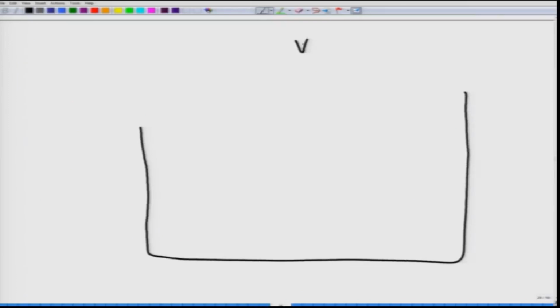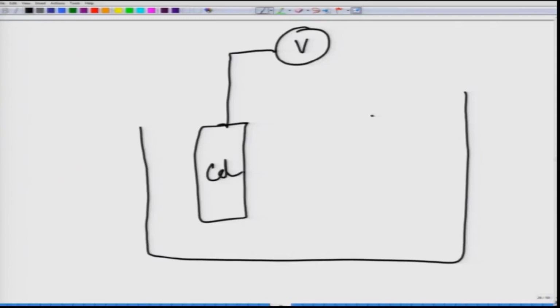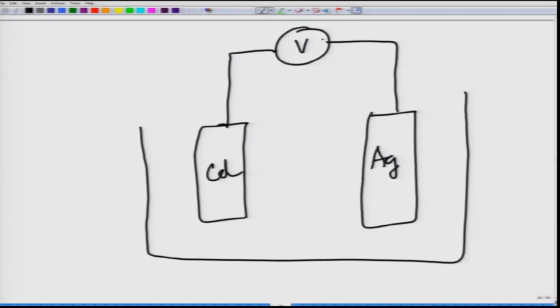So, here you have the voltmeter sitting and you have a cadmium electrode, again a cadmium electrode, but this time I have a silver electrode, no more AgCl, I have a silver electrode sitting here. Okay. So, here is a positive, here is a negative, as we have earlier showed, and now I am putting 2 different electrolytes into that: CdNO3, which is aqueous, and Cd is again aqueous,